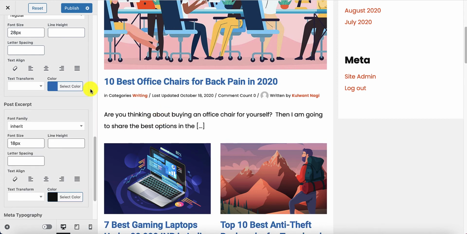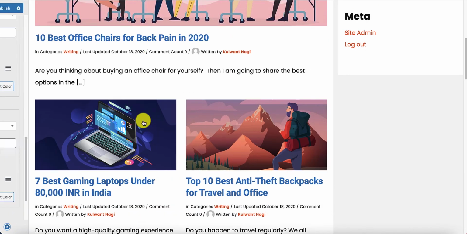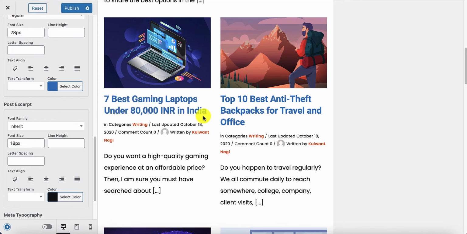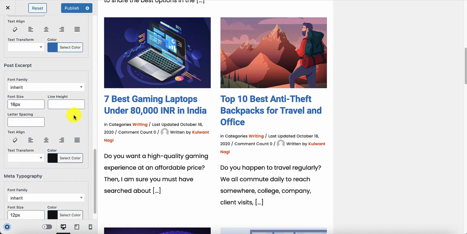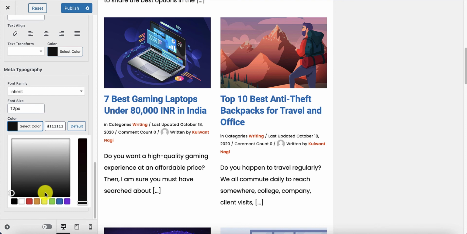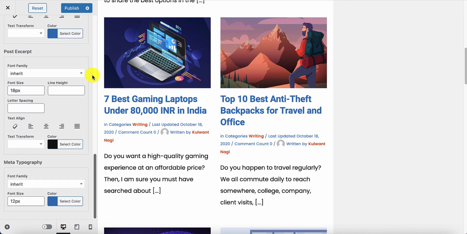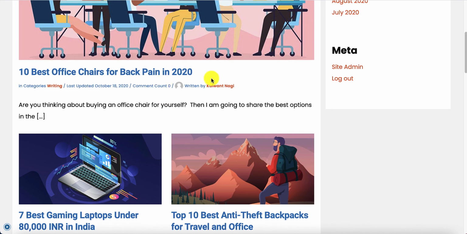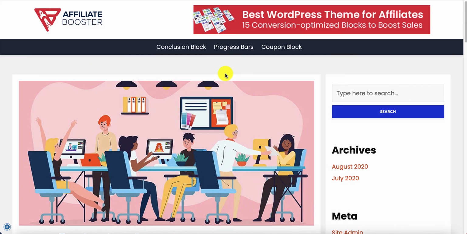So these are all the settings for the home page. This is the home page right now, and you can make any changes on the home page. You can make all of the design changes, you can make all of the color changes on the home page itself. And meta typography settings are also there. Do you want to change the color of the meta typography as well? Just go there and click on it, and now you see the color has already changed. So these are all of the settings for the home page, and this is how you can make your home page attractive, and this is how you can make the different changes as per your needs.